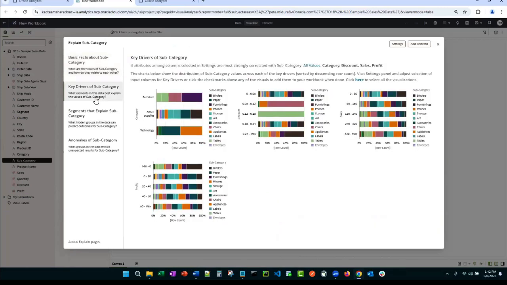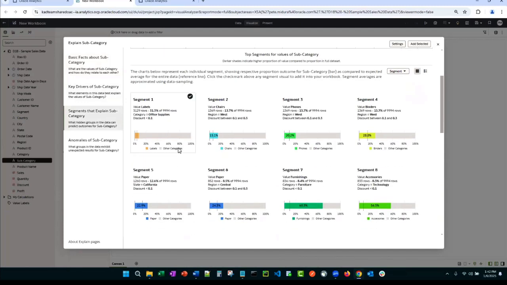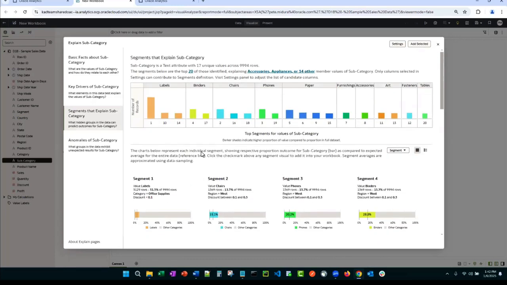This explain feature can also potentially find some key drivers of that data point. It will produce segments of that data point. And these are very interesting to take the time to come through here, and there might be some very meaningful, statistically viable segments that the system can find that maybe you weren't aware of that you would like to focus on. And there's also a lot of different settings to drive and build new types of segmentations within here. And also sometimes the system can find some anomalies based on that selected column.